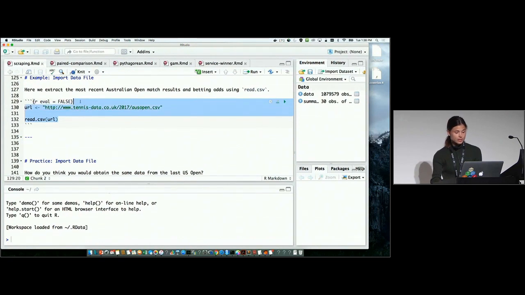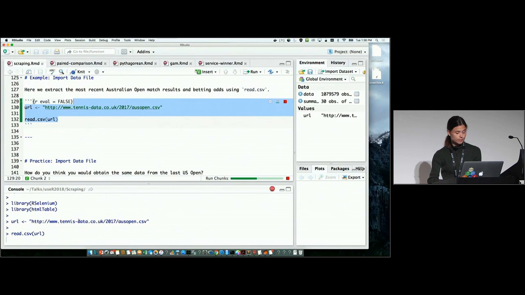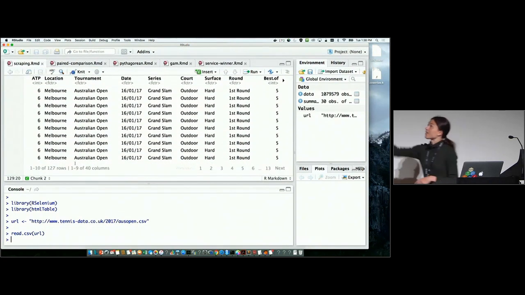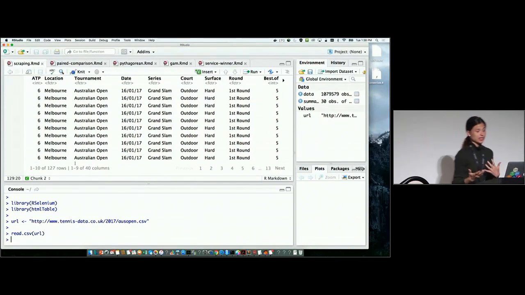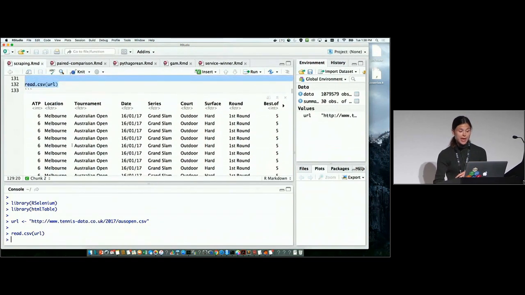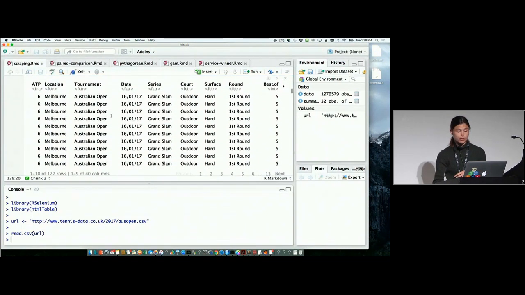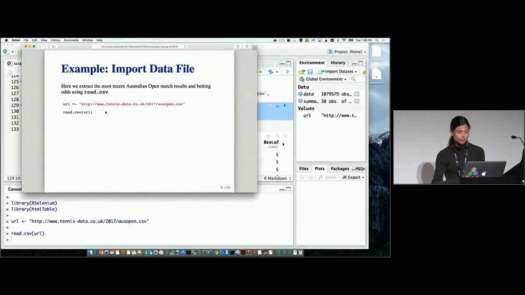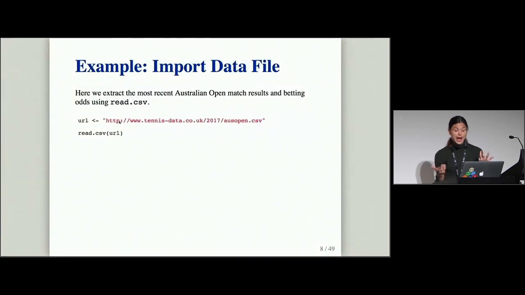If I run this, then we'll see that I effectively get a data frame back, as I would expect from the import read CSV command, and it has information about the matches that were played at this particular tennis tournament. Okay, so it's as easy as that when you're able to find a site that has these data already available